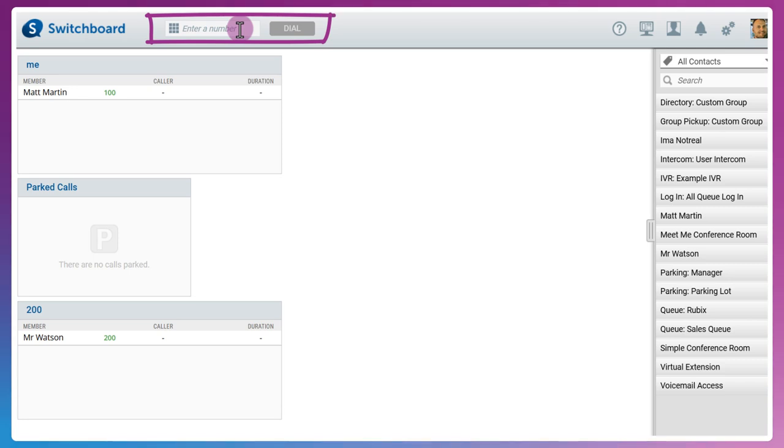There is a click to dial function at the top where you can enter a phone number, followed by the dial button click, which will ring your soft phone and dial out to that number. We've also got various contacts on the right hand side that can be called either internal or external contacts, and